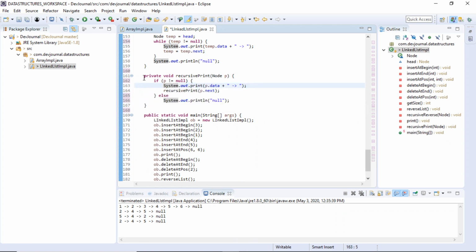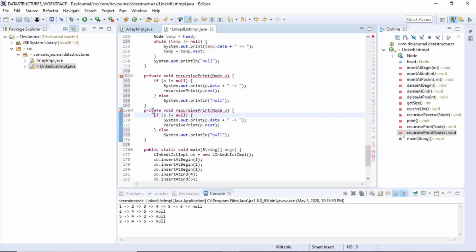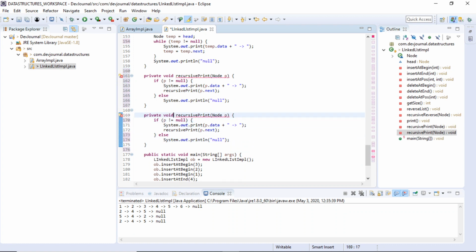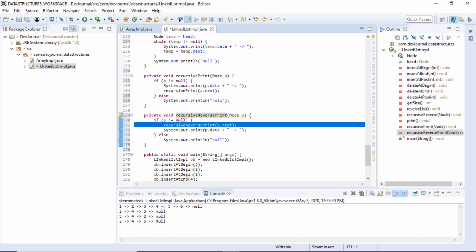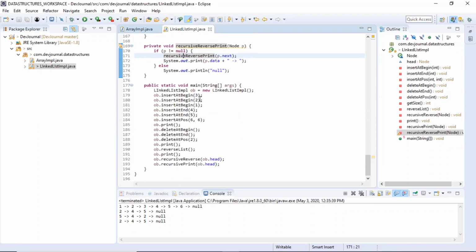It is very similar to recursive print. Let's name this recursiveReversePrint, and the only change would be that the recursive call will come before we print. So first we will traverse to the end of the linked list, and then using our stack we'll start printing our data.